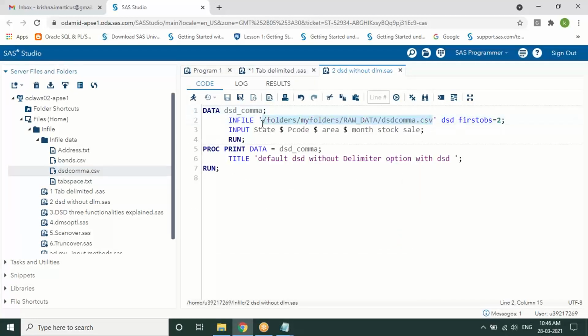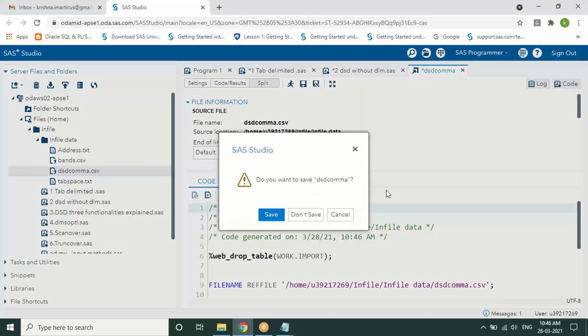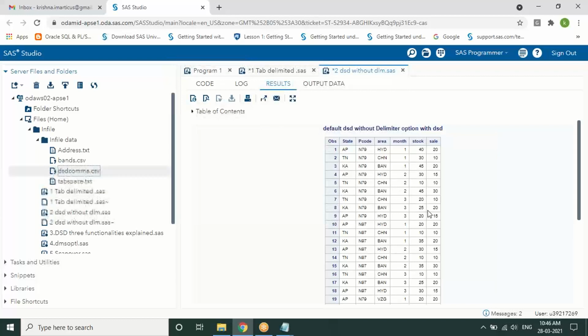The second example is a CSV file, DSD comma. That is a comma separated value file where I have the column names, so I'm mentioning FIRSTOBS equals 2 and DSD for handling the missing values, if any.